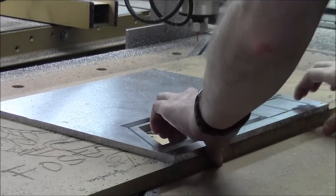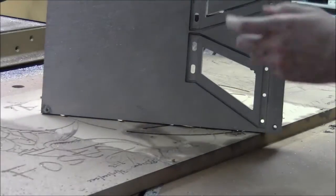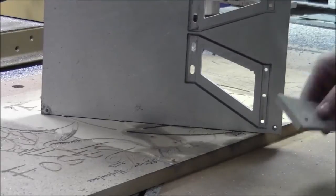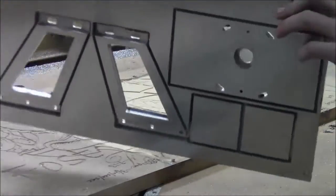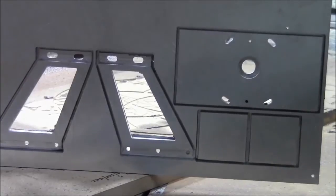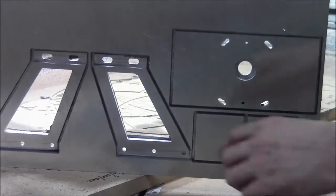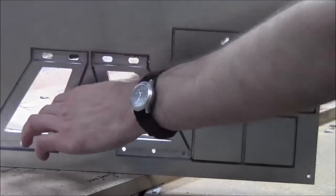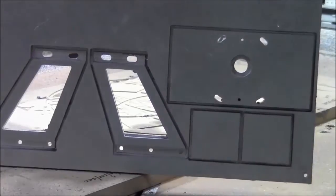So there was a few spots where that one will come out pretty easily, as I had designed it to. So you'll see here, let's turn it this way. These are all the parts that we cut out. It's messy, I'll say that. It's definitely messy. And the surface finish is pretty bad. It's good enough for what I'm going to do, but I wouldn't do it for a customer. That's terrible customer size. It's bad for that, but